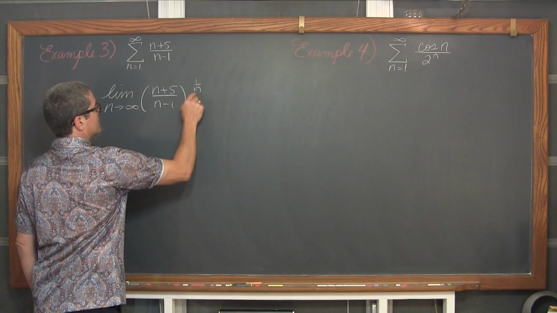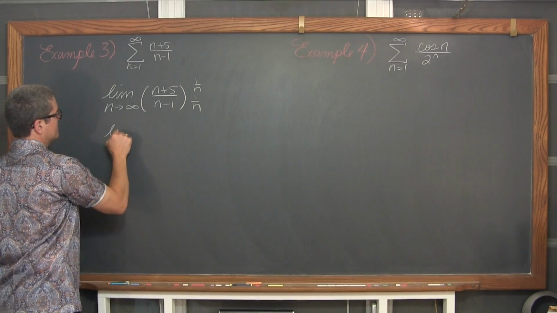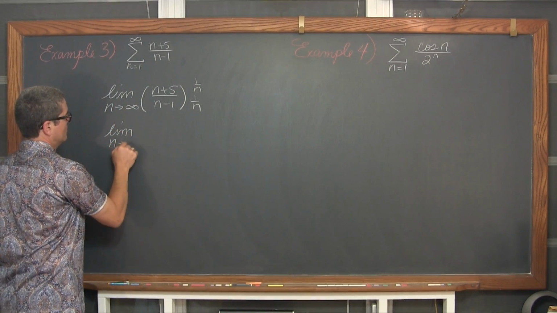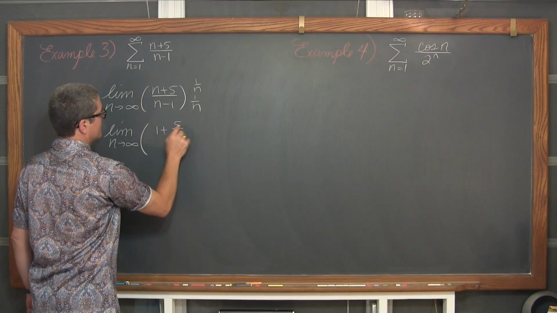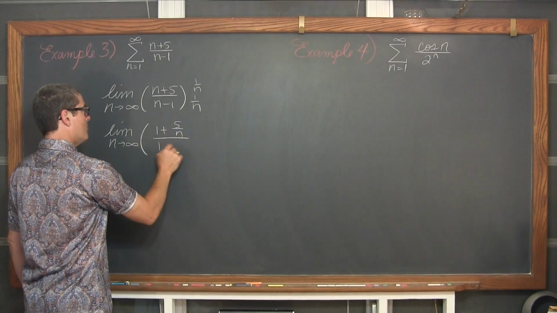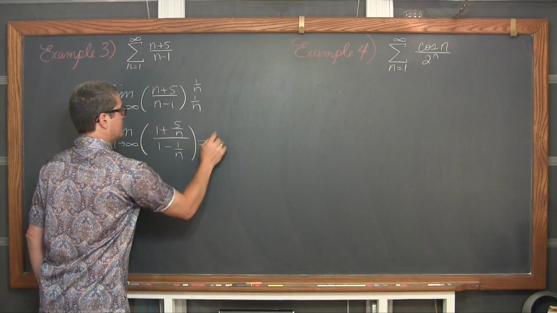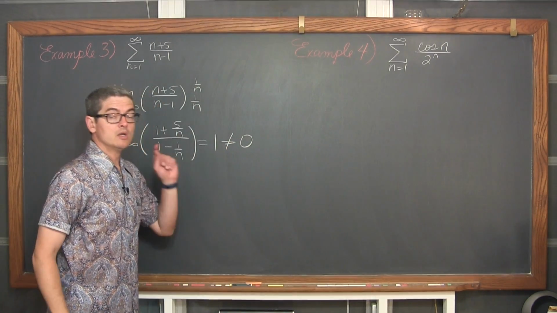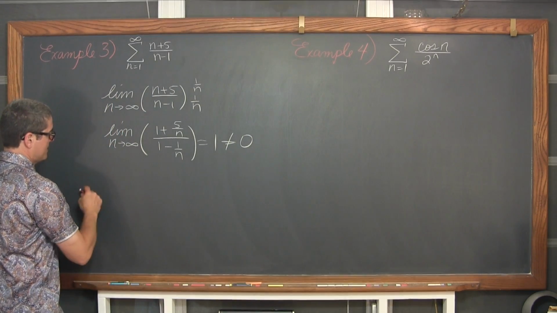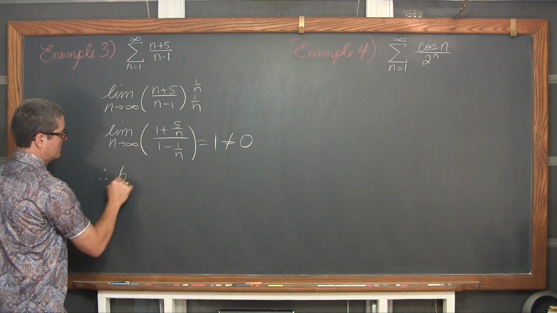Dividing the numerator and denominator by n, we get 1 plus 5 over n over 1 minus 1 over n, and that certainly is going to approach 1, which means that it's not equal to 0. So by the nth term test,